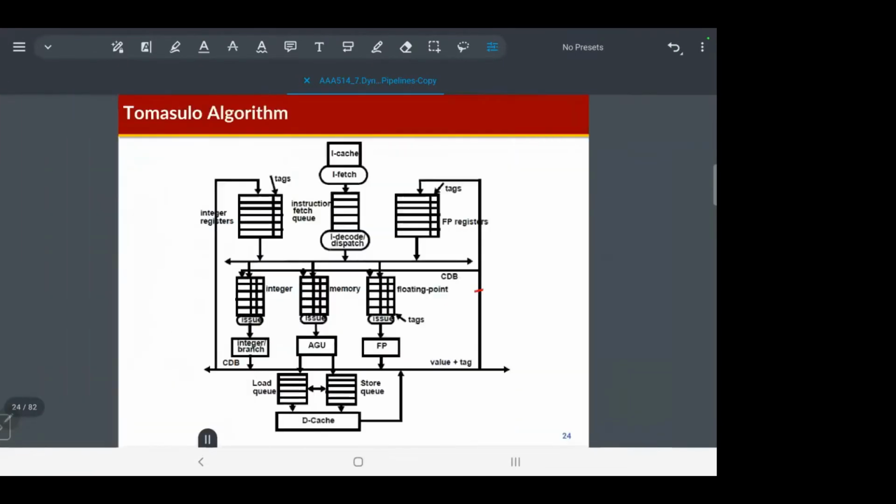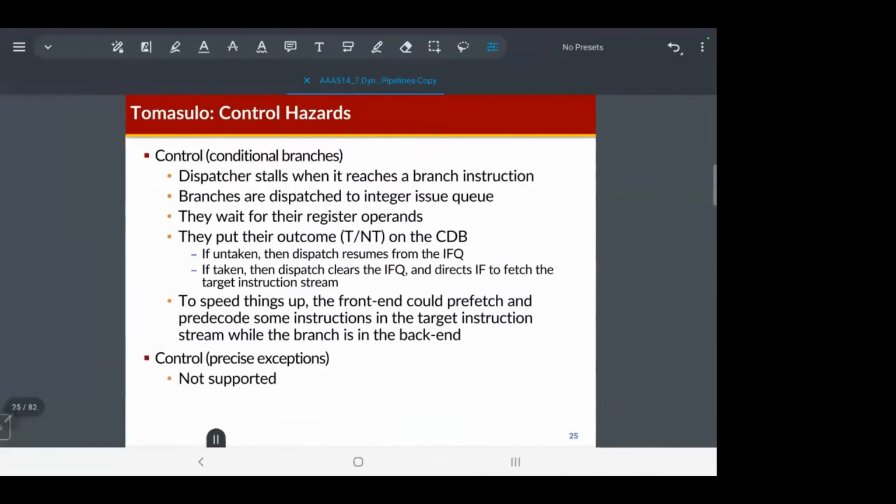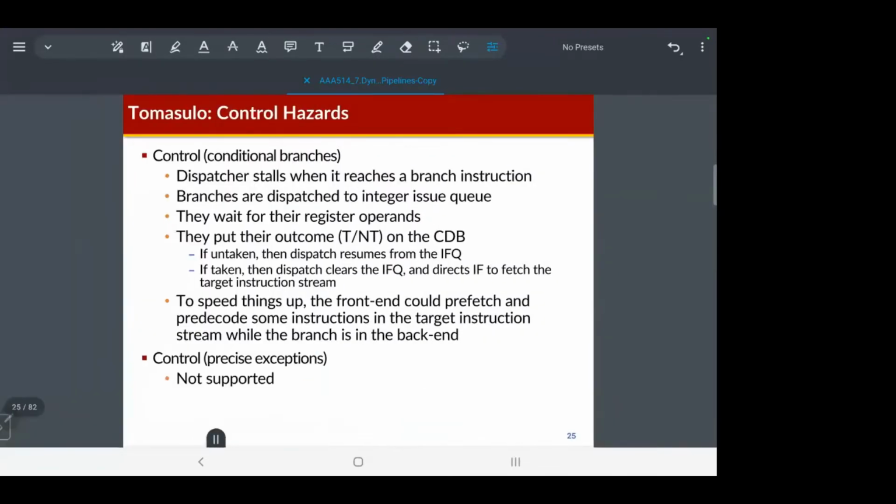Okay. And then let's think about the control hazard on the Tomasulo algorithm. I already explained the disadvantage of the Tomasulo algorithm. Actually, in order to increase the performance of a processor, I already explained that we need to increase